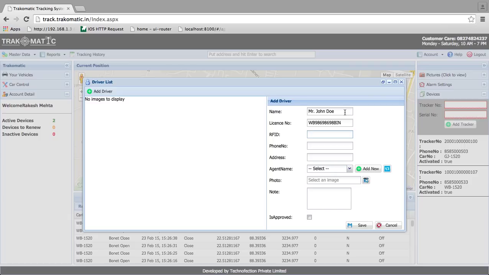Now you can put an RFID number, or if you're not using the RFID feature, you can simply keep that blank. You just want to put your driver's phone number, that is for your own record. You put a phone number, you put your driver's address. So let's put an address, and this is again something for some company, like fleet and logistics companies, you